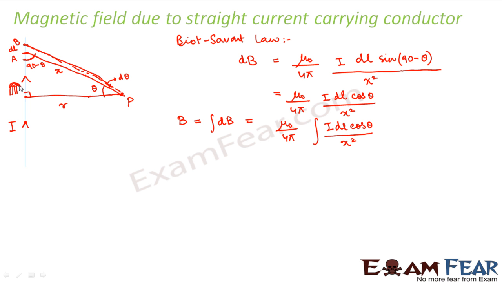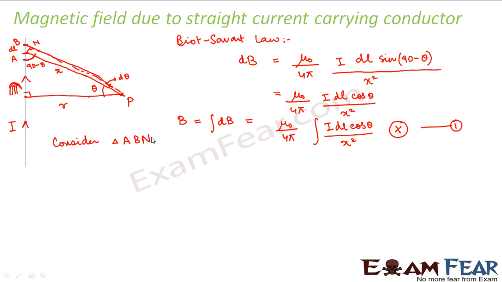So what is the direction of your magnetic field? The magnetic field, your thumb points downwards into the plane of the paper. So the magnetic field is downwards into the plane of the paper. Let me call this equation 1. Now let me draw a perpendicular N. Now I will just do simple mathematics.